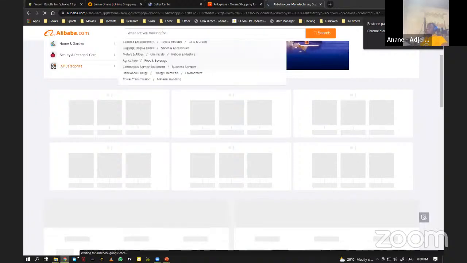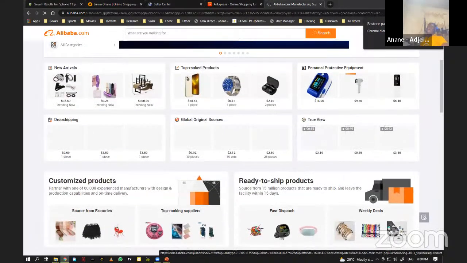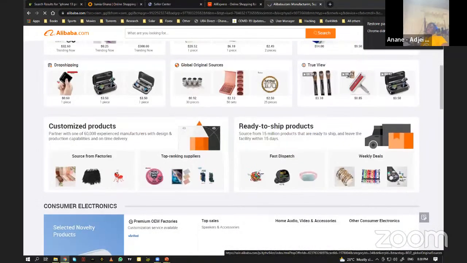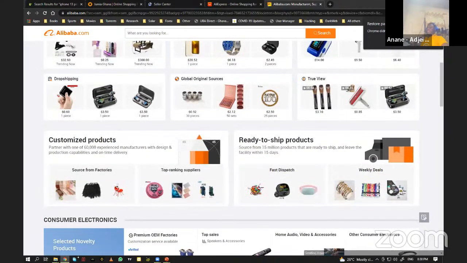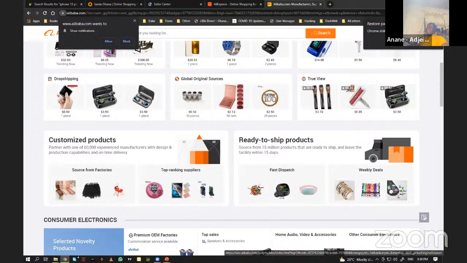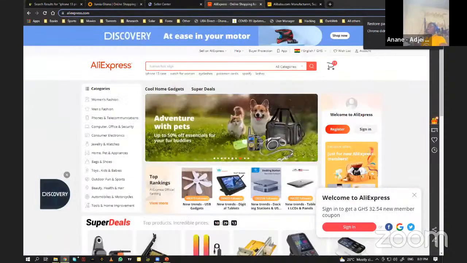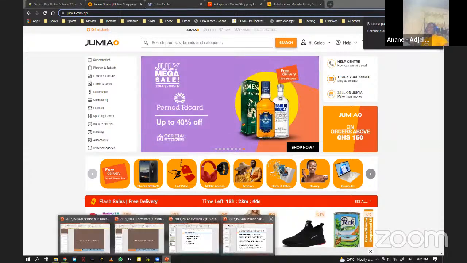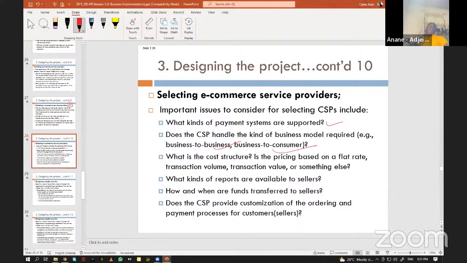So if you come here and you see any products, they will tell you the quantities they are ready to ship out. If you go there, they will tell you for this one, the minimum they can ship out is 30 pieces. This one, the minimum is 50 pieces. This one, the minimum is 25 pieces. So they deal purely with businesses. But AliExpress deals with individuals. Jumia deals with individuals and all the others. So you need to look at the type of commerce service that you are selecting and what type of e-commerce they support. The next one,